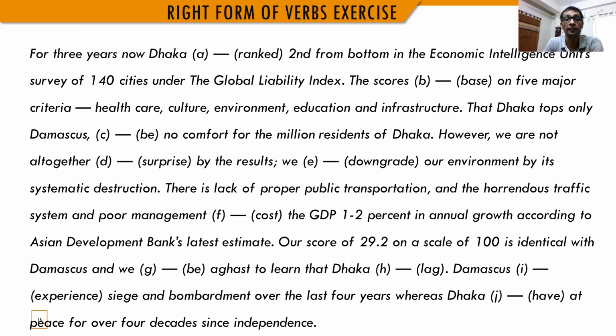We downgrade our environment by its systematic destruction. There is lack of proper public transportation, and the horrendous traffic system and poor management cost the GDP 1 to 2% in annual growth, according to Asian Development Bank's latest estimates. Our score of 29.2 on a scale of 100 is identical with Damascus, and we are aghast to learn that Dhaka lagged. Damascus experienced siege and bombardment over the last 4 years, whereas Dhaka has been at peace for over 4 decades since independence. So it's